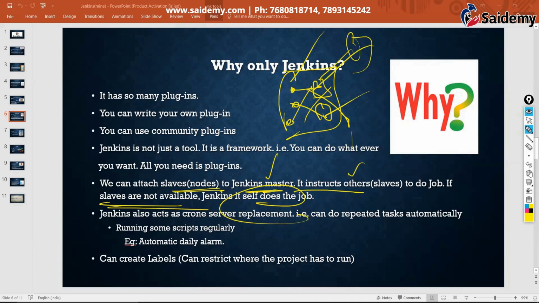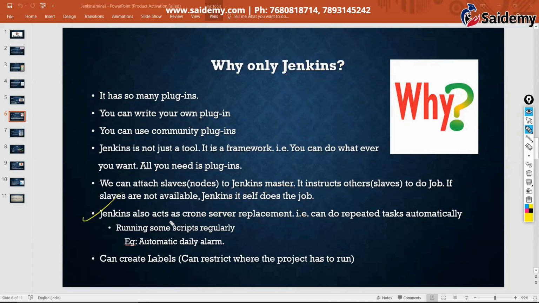Correct. That's it. And Jenkins also acts like a cron server replacement. See, what is this cron? Cron is a default tool in Linux. The purpose of this tool is to schedule jobs. If you want to do any job repeatedly, we use the cron tool.